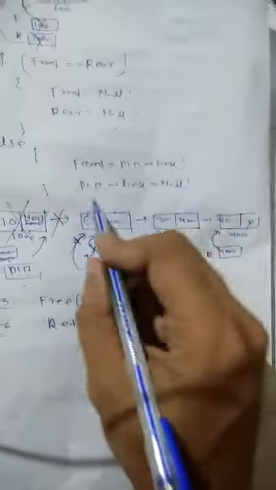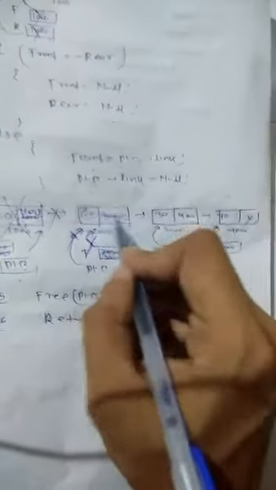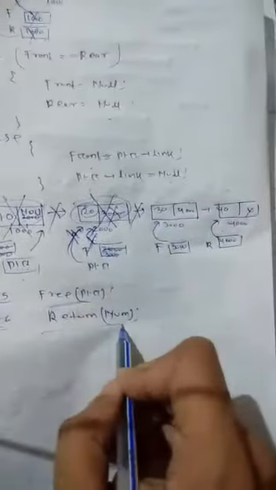Next, disconnecting: ptr link equal to null. Then this link will also store null. That means this link is also disconnected, and now this node will be isolated. Then you have to free the ptr. Ptr will be freed, deallocating the memory. Then return the norm. Now front is there and rear is there. Two lists are present. Similarly, you have to go according to the front. Deletion depends upon the front. That is similar to your deletion at the start of the single linked list.